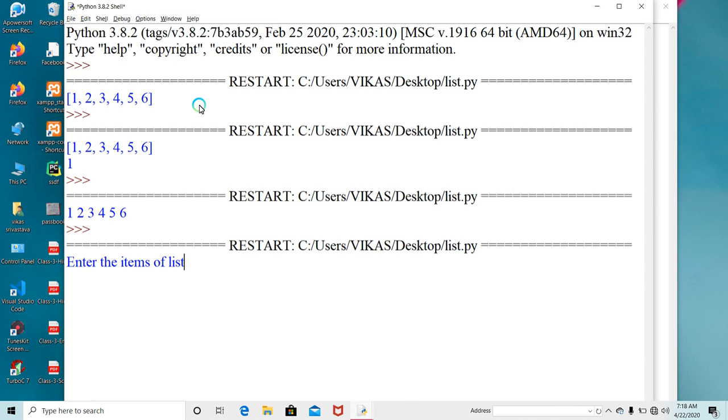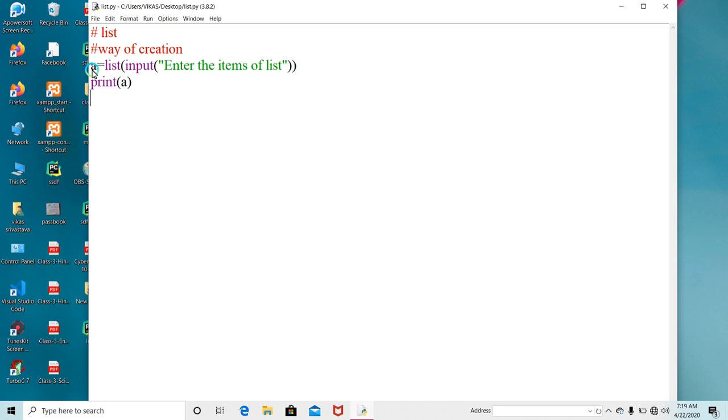Look here, whatever values we give, 1 2 3 4 5 6 7 8 9, all the values came in the form of a list. But all these inputs came in which format? In the form of strings. So that is a way of creating the list, also by using input.